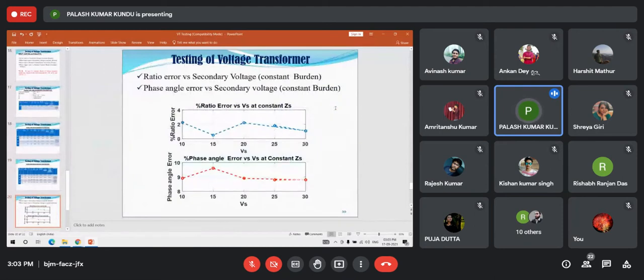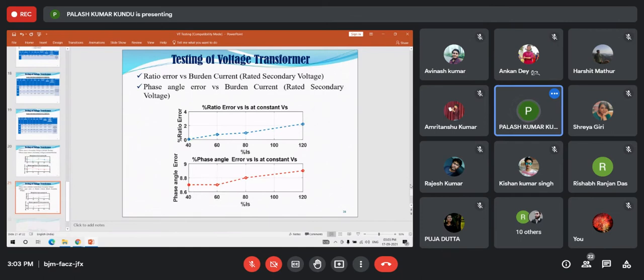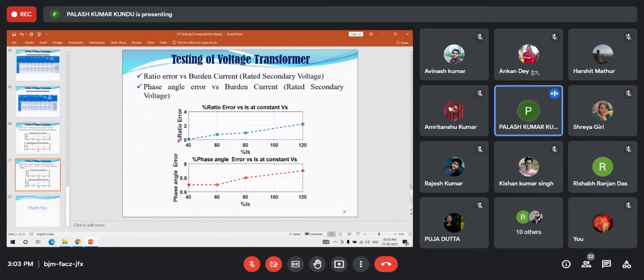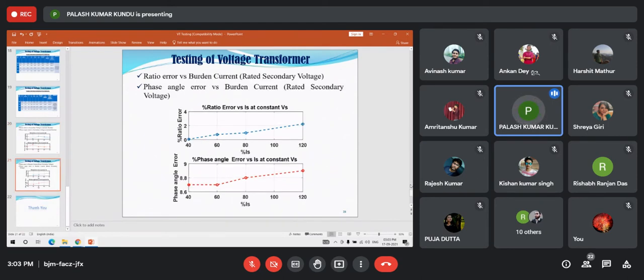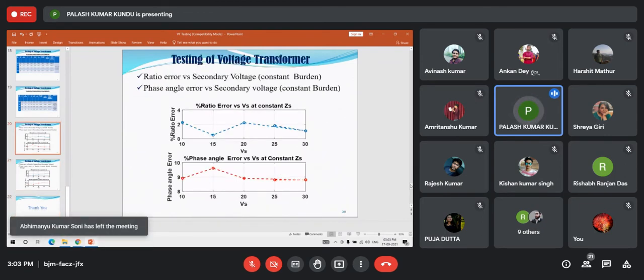So these are the two curves we have to draw using the sample voltage or sample reading: the percentage ratio error versus secondary voltage, and the phase angle error versus secondary voltage. So this is the calibration curve for the two conditions. Two curves for one condition at constant burden, and another two curves for another condition, that is regular secondary voltage. Okay. So these are all about the